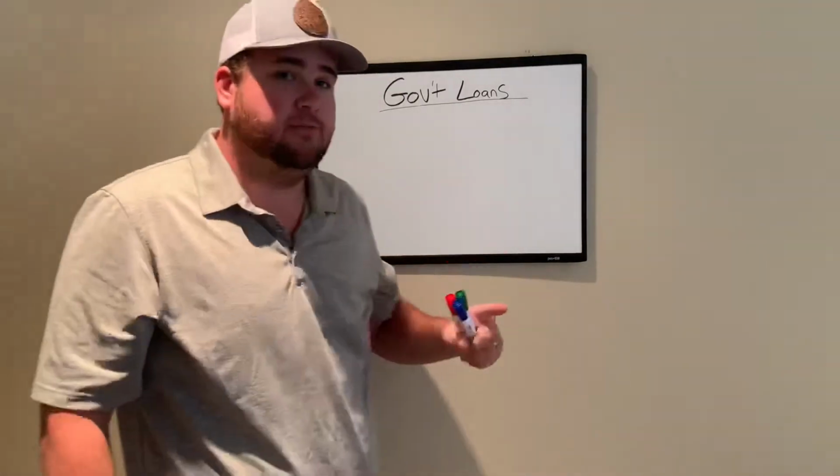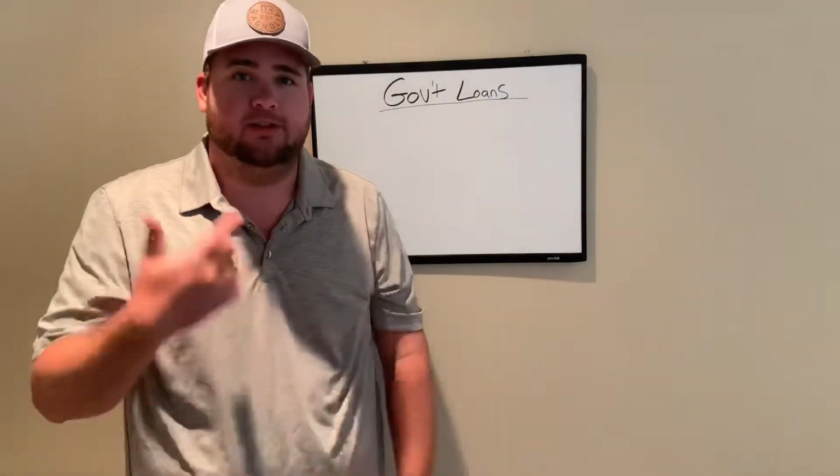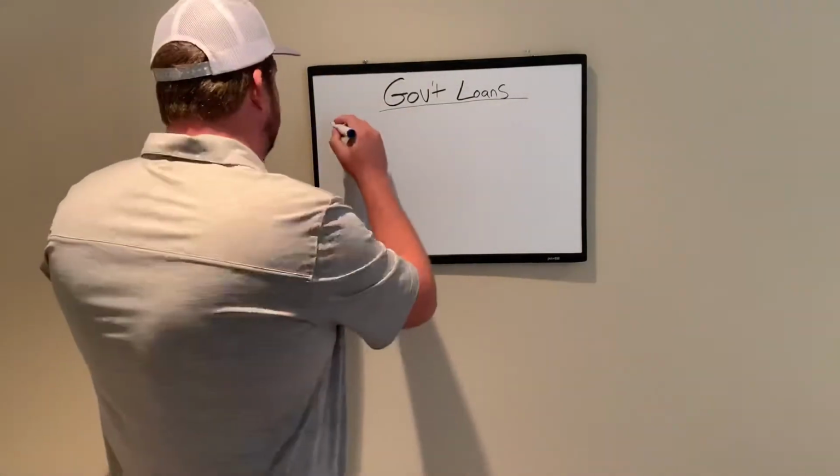But there are also government loans, and a lot of these will be offered at your mortgage company. Talk to your local lender and ask them more about these loans. We're going to go over 3 of them real quick. So the first one